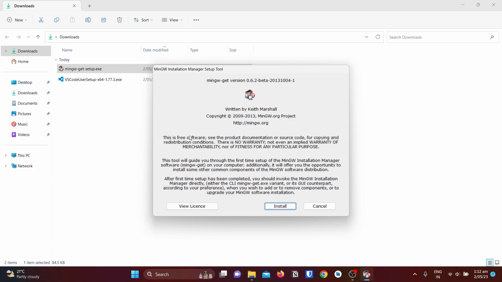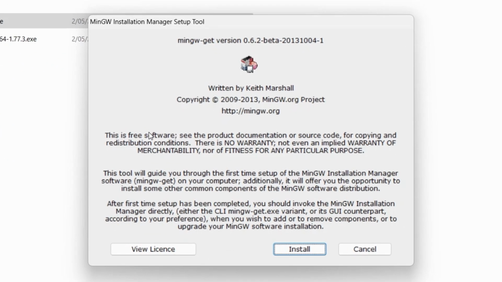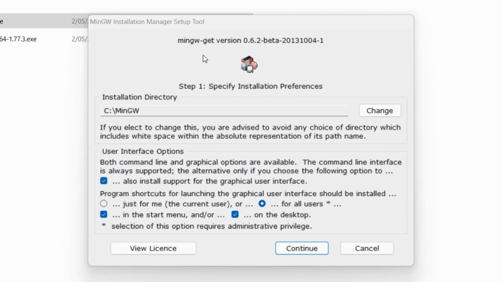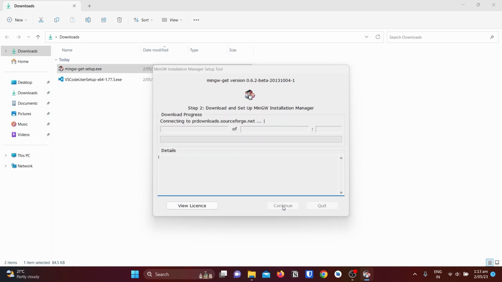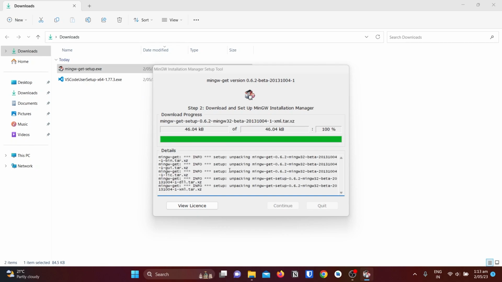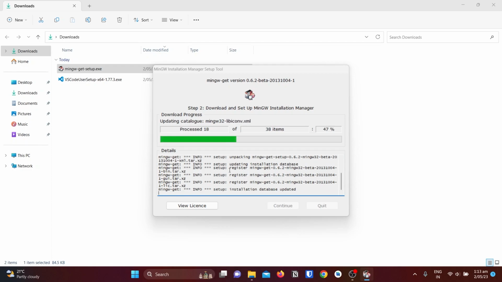Now what we need to do here is just follow the installer and keep everything default. So that's what I'm going to do here. We'll proceed by clicking on install, and we'll keep the directory as default and then click on continue. And now it should start downloading the components that the installer needs, and we'll wait for it to complete. Okay, so once the download process is completed, click on continue,